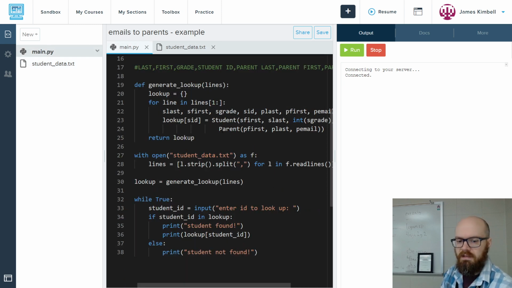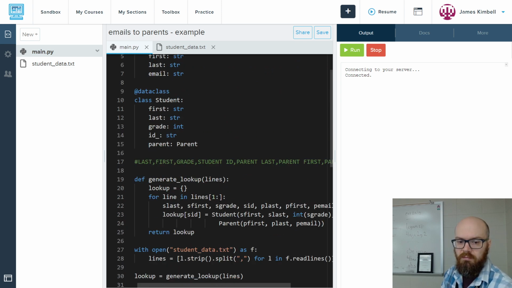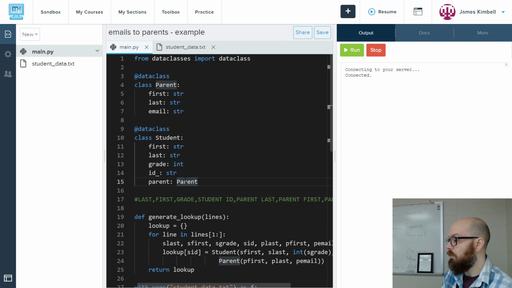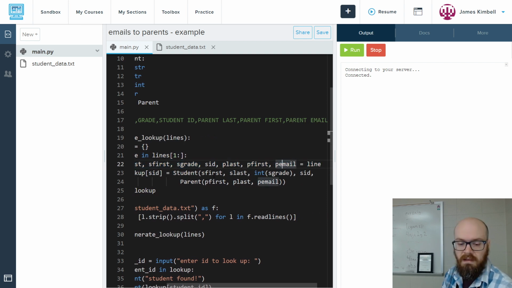Now, last time we opened the file, read the data, and put it in a nice labeled object. So instead of line bracket 3 to get something at an index, you can say student.last to get the last name, or parent.email to get the email. And the whole point of that is we have a little bit of ugliness right here. I know it's strange to give all these temporary names. I know this is a big blob of initializing, but once that function returns,